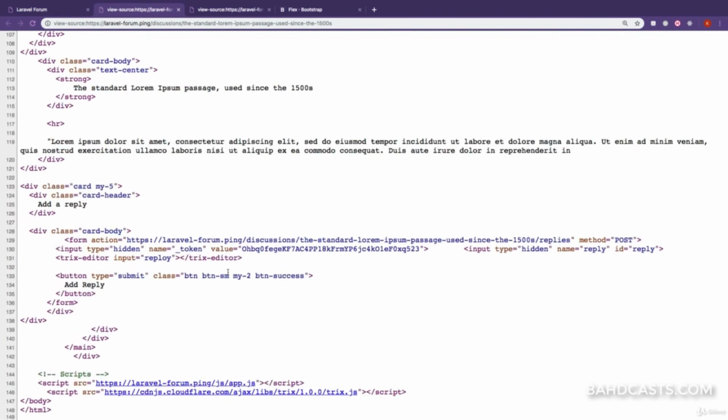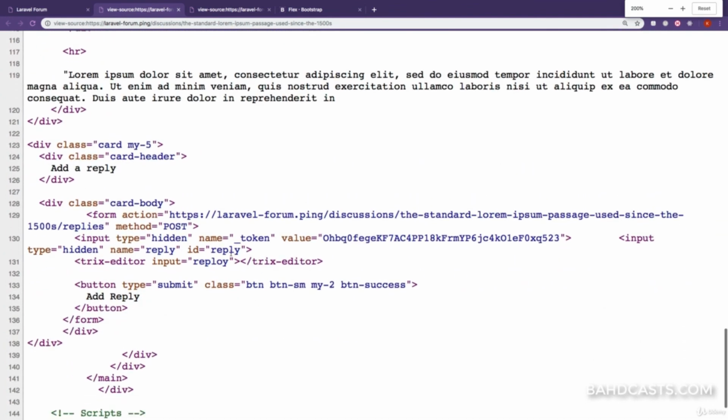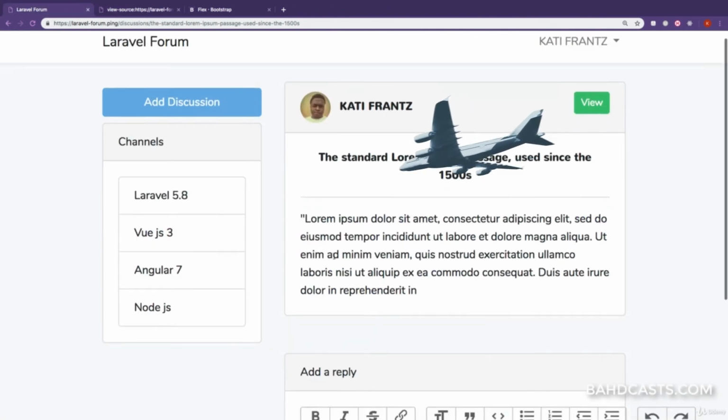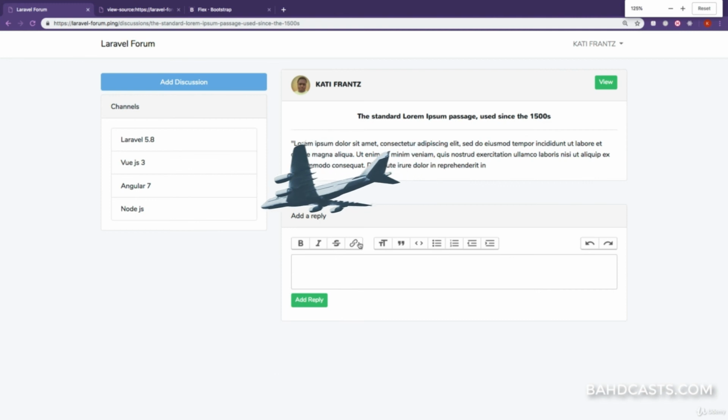If we view the page source and check out that form, you can see it submits to discussion, the slug, and then reply. So now that we have that, in the very next lesson we are going to save this reply to the database and then display a list of replies for discussions. Thank you so much, and